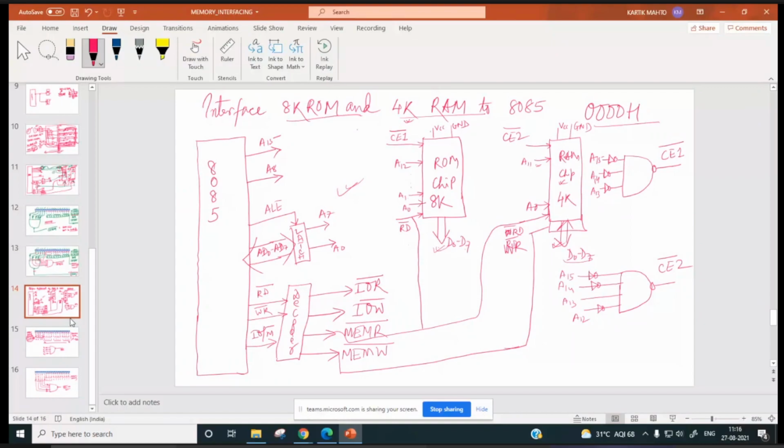So the picture should be completely clear: how 8085 will send the address, via which pins. It will send the higher order address byte using A8 to A15, and the lower order address byte via AD0 to AD7, and it will make ALE high and low during T1 of the machine cycle, so that whatever address is sent out by the processor will be stored over here, and AD0 to AD7 will be free for transmitting and receiving data, D0 to D7.